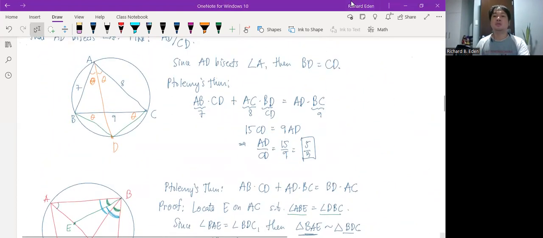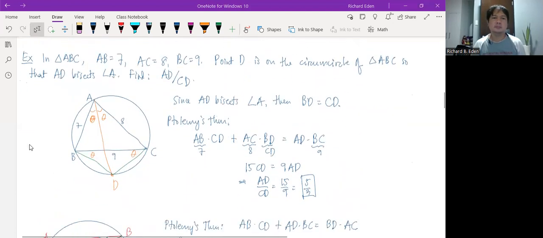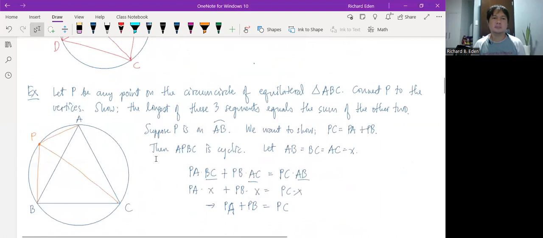Let me do one more check. Meron ako. So meron namang epsilon. That. Okay, so that is